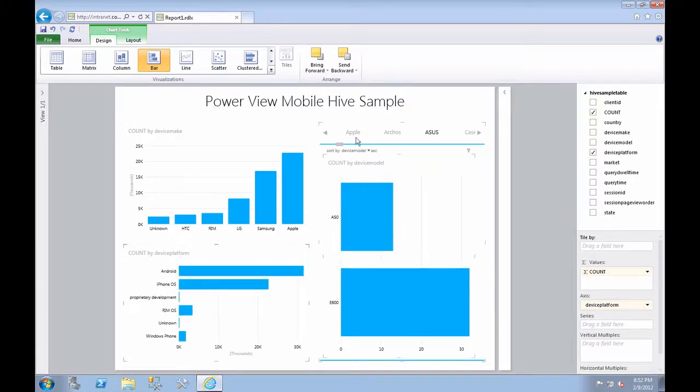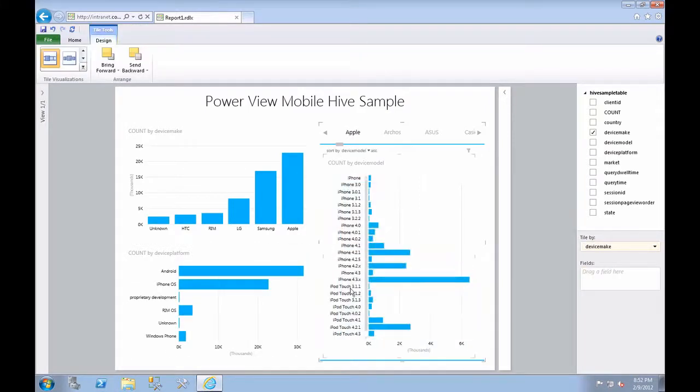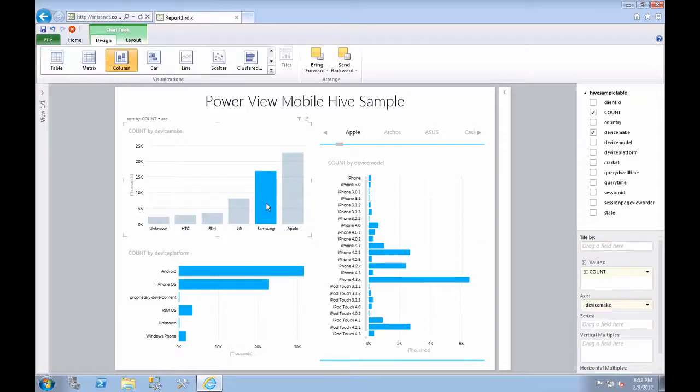And what you'll notice here is that now I have a fully interactive Power View report based on make, model, and platform. For example, when I click on Samsung,